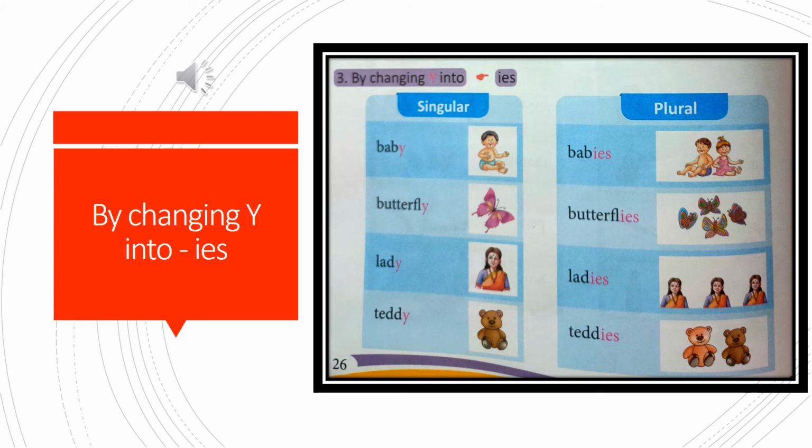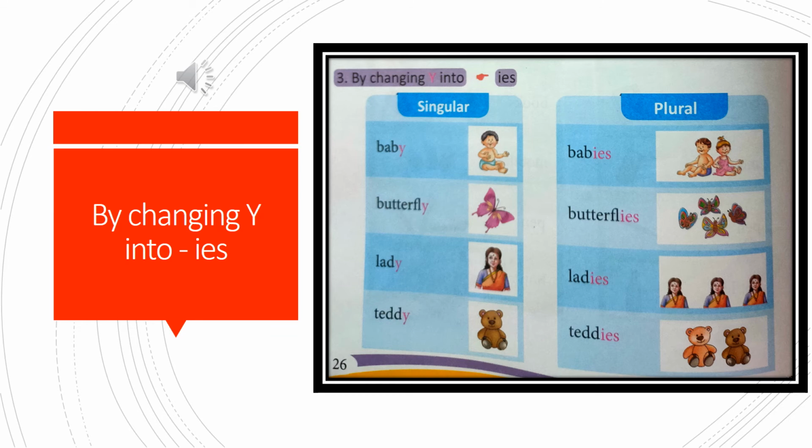In the same way, butterfly changes into butterflies, B-U-T-T-E-R-F-L-I-E-S. Lady, L-A-D-Y, changes into ladies, L-A-D-I-E-S. Teddy, T-E-D-D-Y, when we change it into plural, becomes teddies, T-E-D-D-I-E-S.